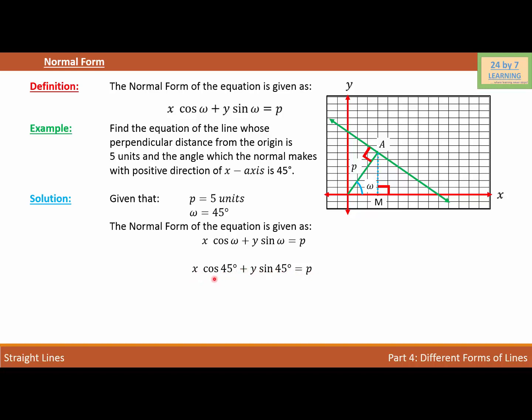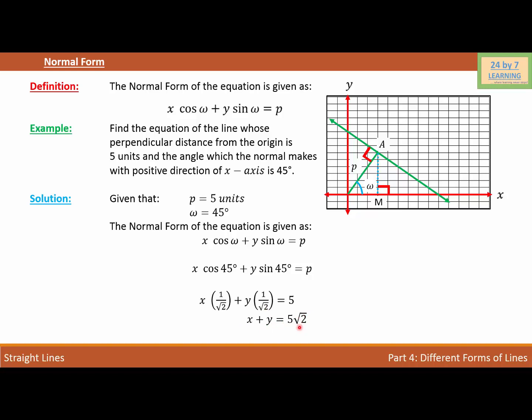Now let's substitute the value of cosine 45 and sine 45. If I do that, I will write x times 1 over root 2 plus y times 1 over root 2 is equal to 5, where 1 over root 2 is the value of cosine 45 and the sine 45 value is also 1 over root 2. And if I further simplify, I will get x plus y is equal to 5 square root of 2,